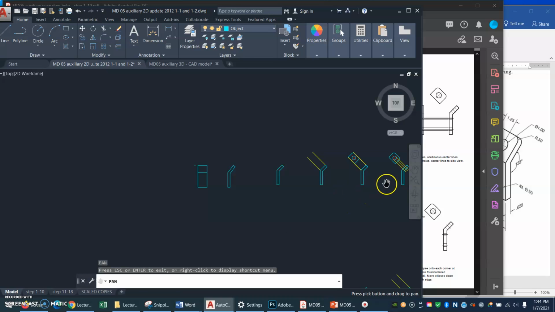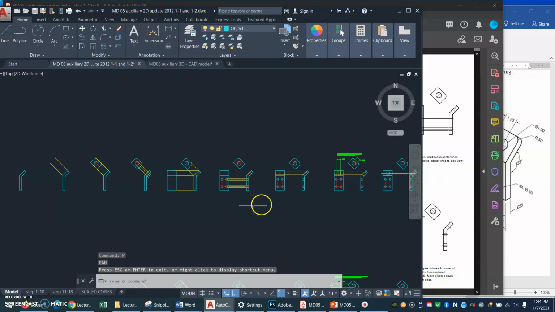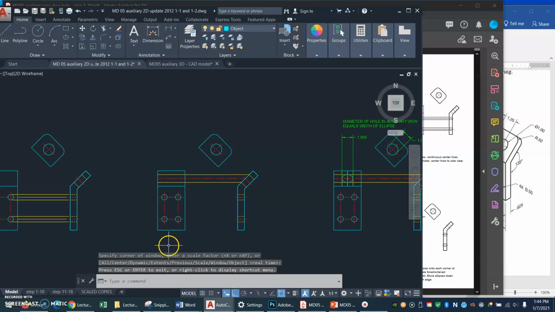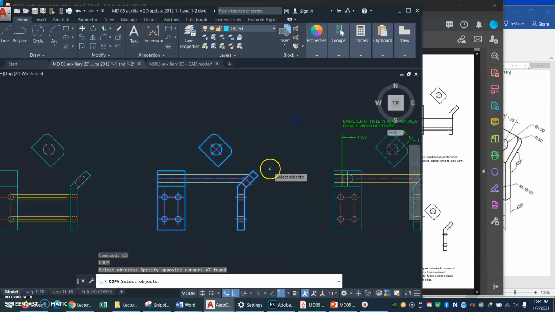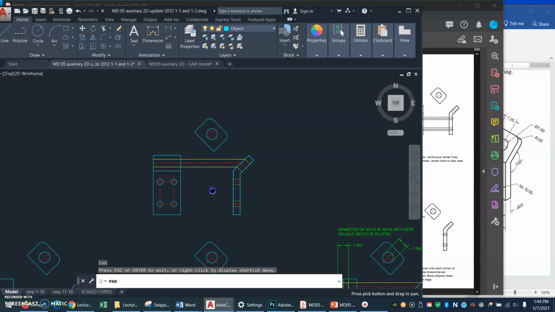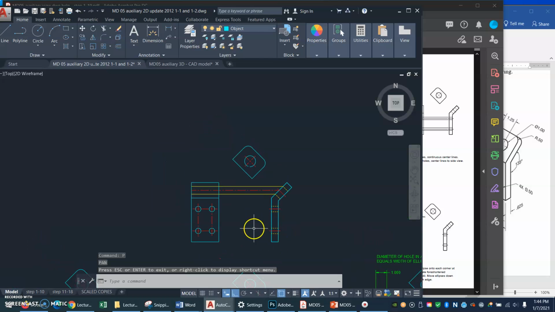Okay, so moving over here, let's make a copy of this one here. I hope we're not running out of time. I don't know where my video timer is. So let's say you've gotten this far. And now you want to make the foreshortened view, the ellipse over here. So I know that my hole is 1 inch